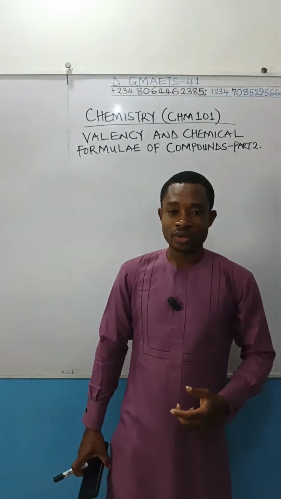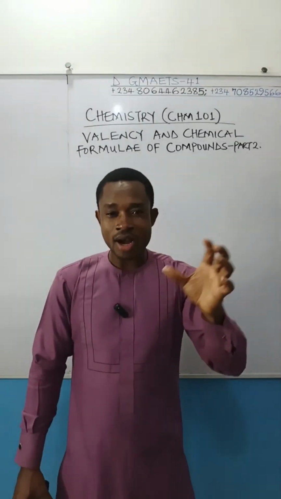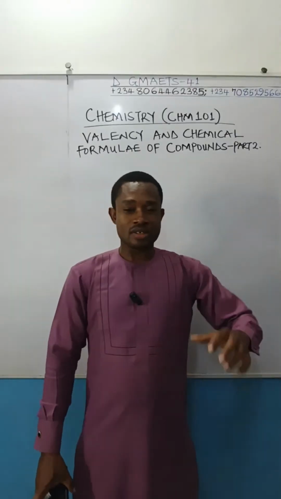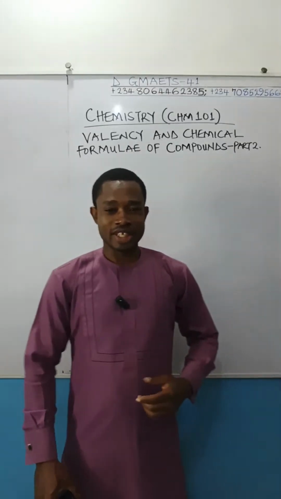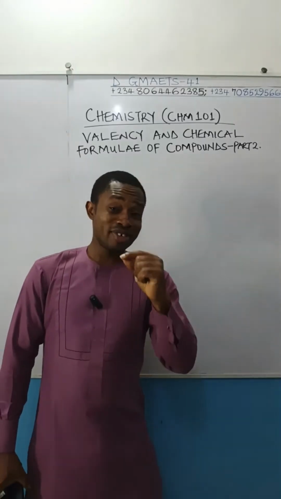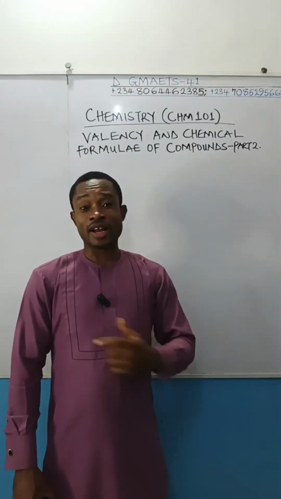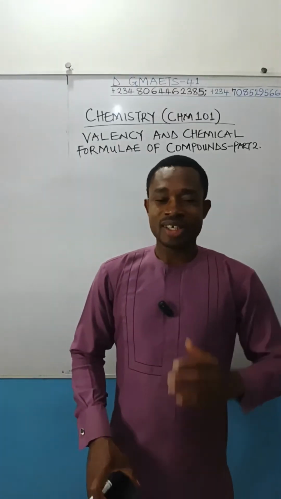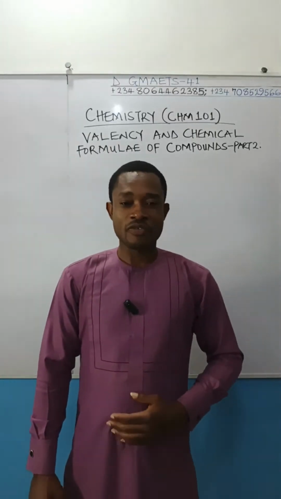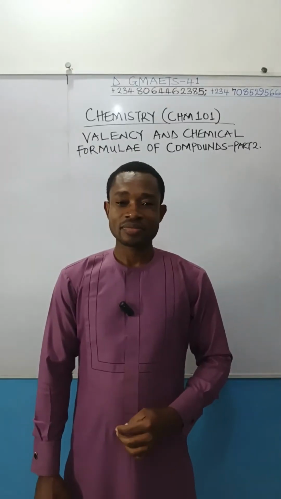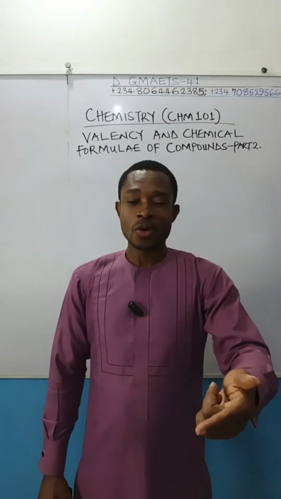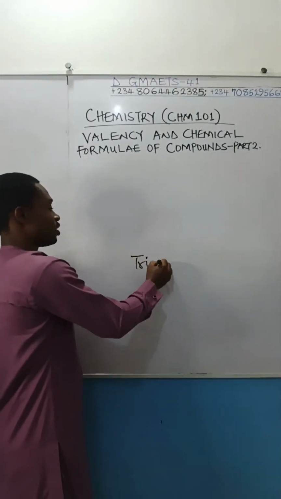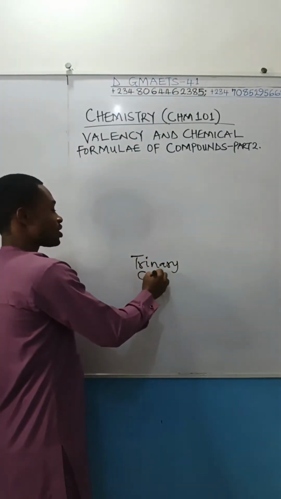And then I also opened your eyes to also understand that all of these are traceable. They come from our unique knowledge of valence electron, which is the number of electrons in the outermost shell of an element. So we're going to continue. We'll be giving attention to trinary compounds today. Trinary. So we are going to ask ourselves,